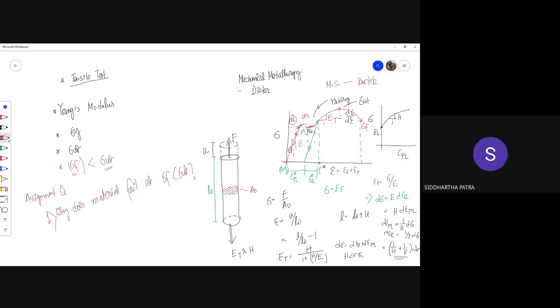It is supposed to have some plastic strain. It is supposed to have some permanent deformation. Permanent in the sense that even after removal of the load, some deformation will persist. Yes, sir, I got it. That happens when you go for a stress value higher than the yield stress. Is it clear now? Yes, sir, it is clear now.